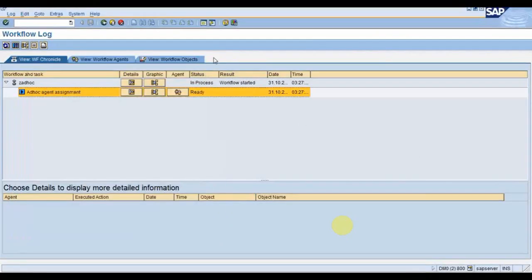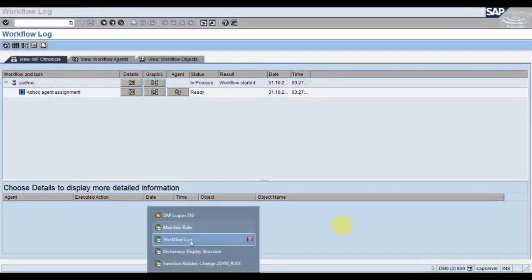So this was similar to that ad hoc anchor. Based on the user decision, it will execute the steps, and in ad hoc agent assignment, it will actually determine the agents in an ad hoc manner. So this was the ad hoc agent assignment. Now coming to